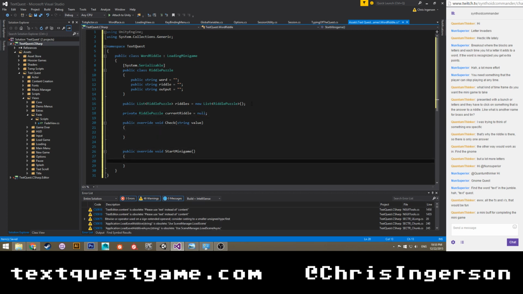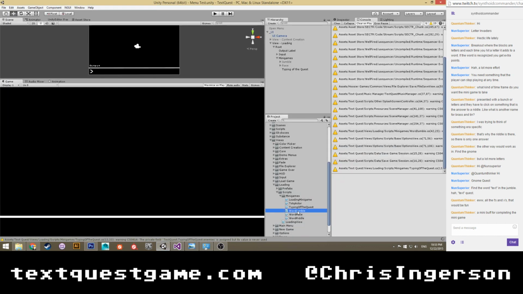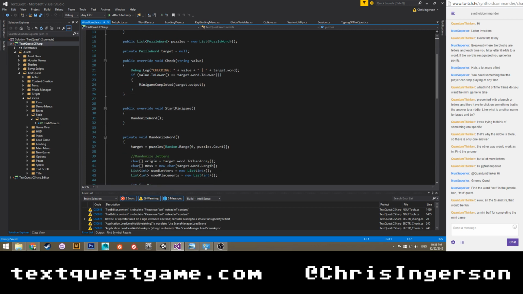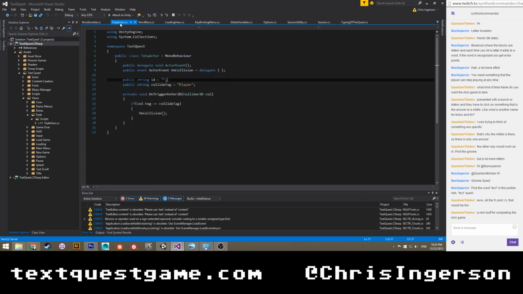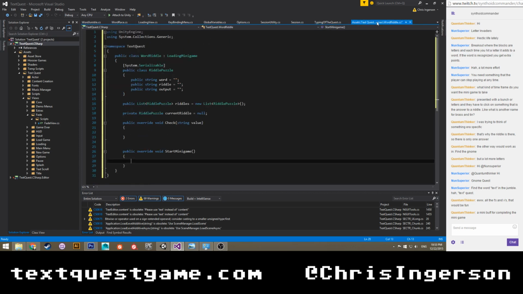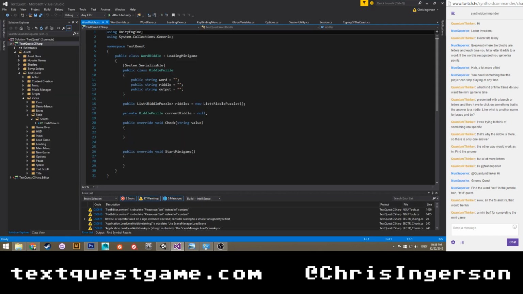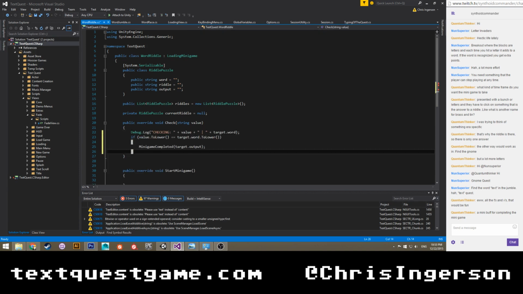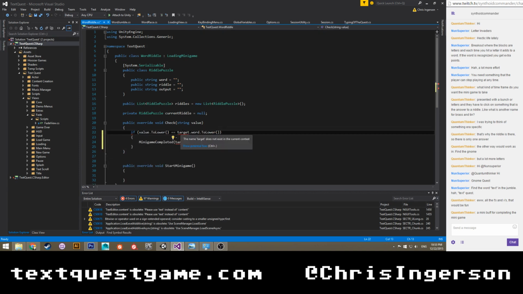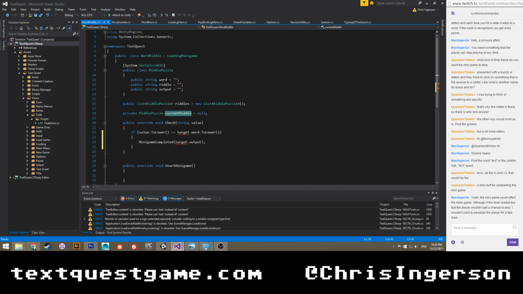Alright. So we're basically going to be doing the same thing that we've done before for word jumble, I think. So we'll copy this. Paste this here. Get rid of this debug. Say current.